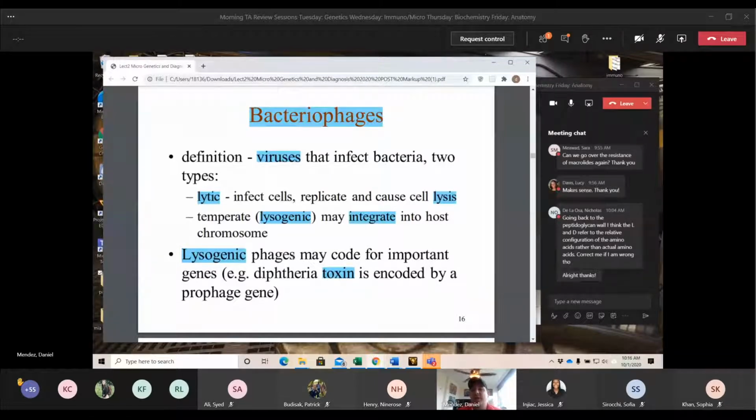In lysogenic, we actually are integrating the DNA. This is when the bacteriophage will infect the host. It'll inject its DNA or its RNA. That RNA or DNA will then incorporate into the host DNA, and over time it will create different bacteriophage. Over time, the lysogenic can then mutate into a lytic. The lysogenic injects that DNA, the DNA incorporates, and later in that cell's life cycle, that lysogenic DNA can start to replicate, and it will then lyse the cell. So you can go from lysogenic to lytic. You cannot go from lytic to lysogenic, and I'll explain this a little bit more in the picture.